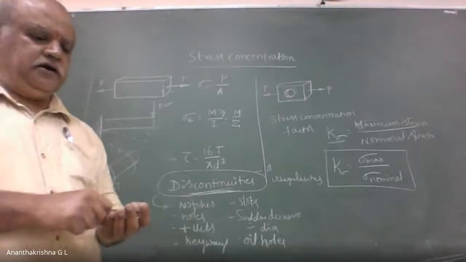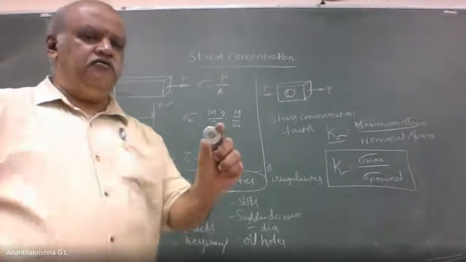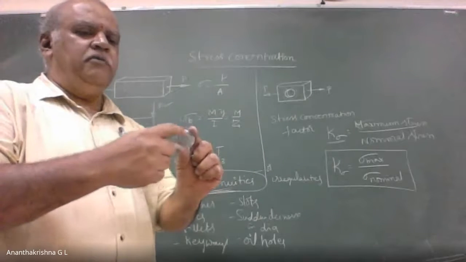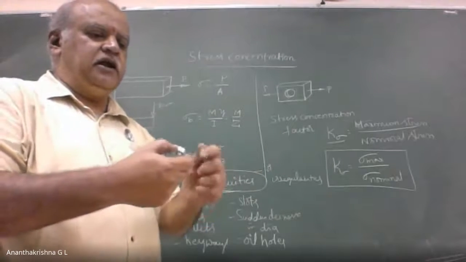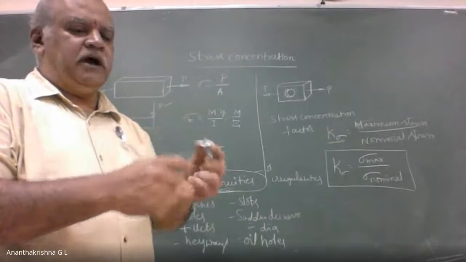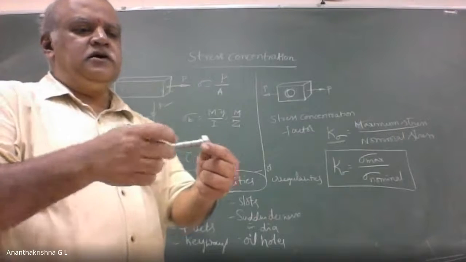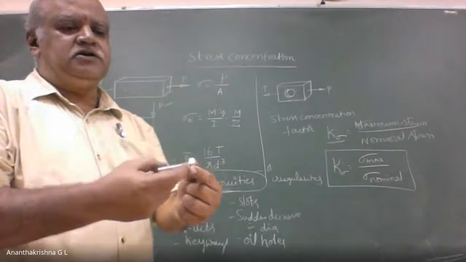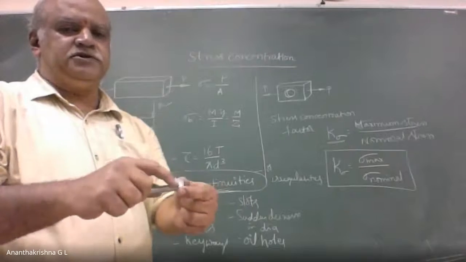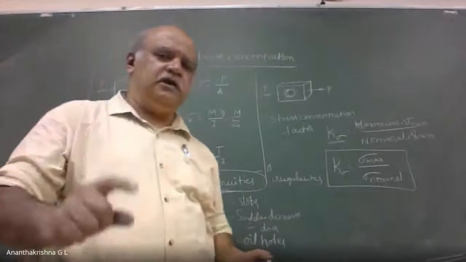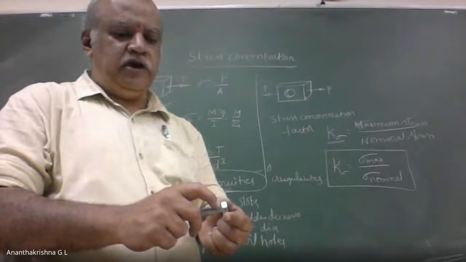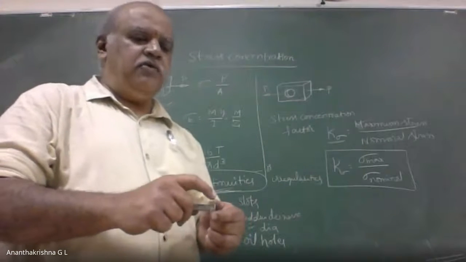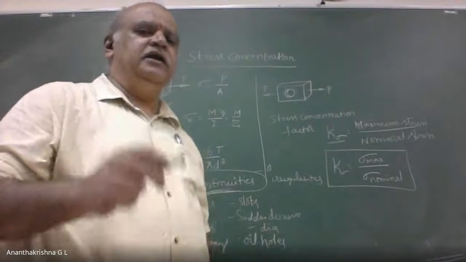They are all discontinuities. As I showed you, in the case of a washer, there is a hole, so around the hole we are going to have maximum stress. If I take a nut, around the hole we are going to have maximum stress. If I take a bolt like this, where there is a change in dimension, around that zone I am going to have maximum stress. Therefore, to avoid concentration of stresses, they do what is called chamfering or filleting. That will avoid stress concentration to a great extent.